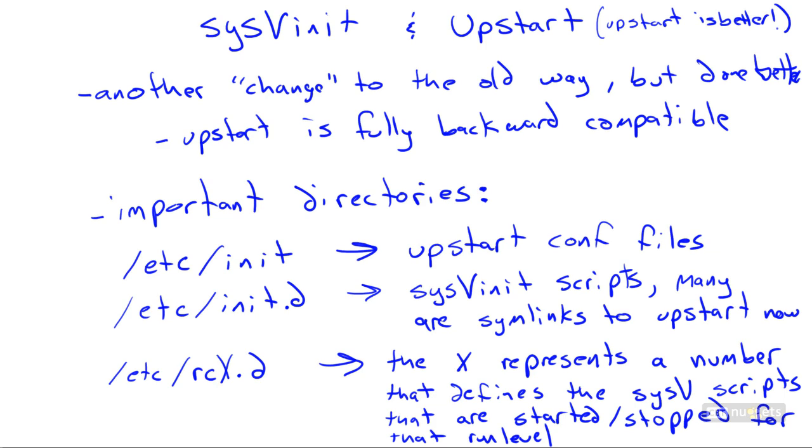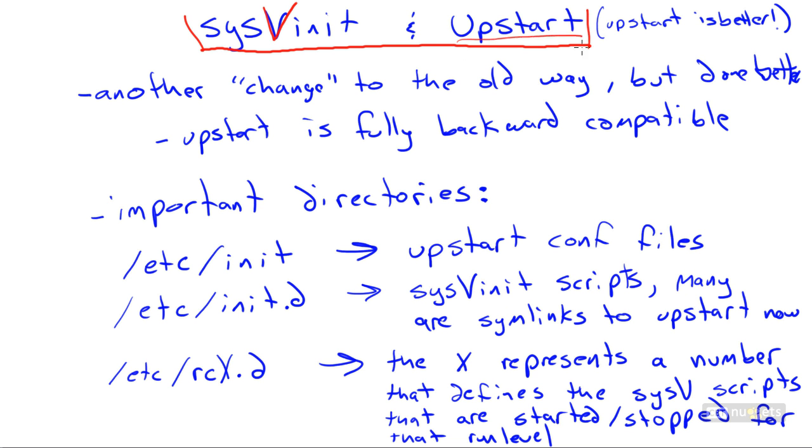The next thing on our list of how Ubuntu does it is System V init and Upstart. Now, this is System V init from the Unix world. I've also heard it called sysv or sysv init because this is a Roman numeral, V for 5, but it's easier to say sysv rather than sys5, I guess. I usually call it sysv init, which is improper as far as grammar goes, but it is what it is. Anyway, this is basically the way that Linux handles startup programs, like what programs start when the system boots up. And there's been a change, and this change started way back in 2006 when Upstart